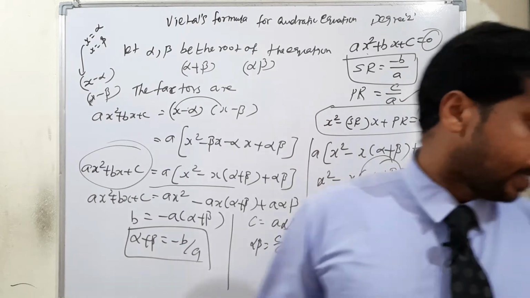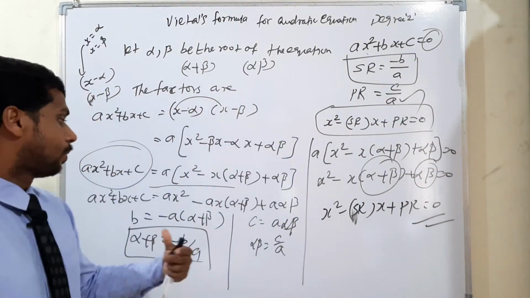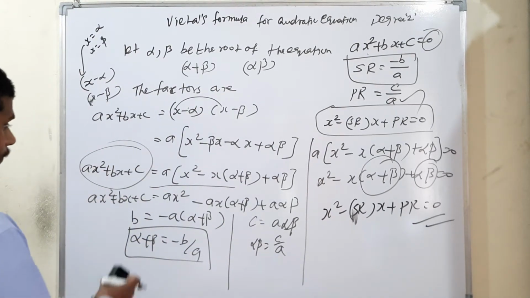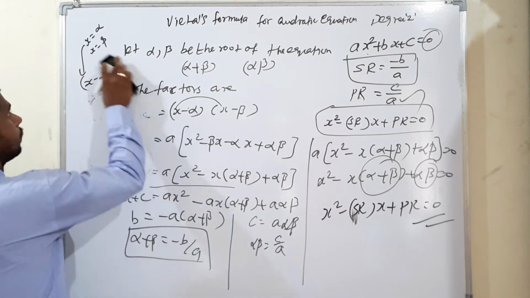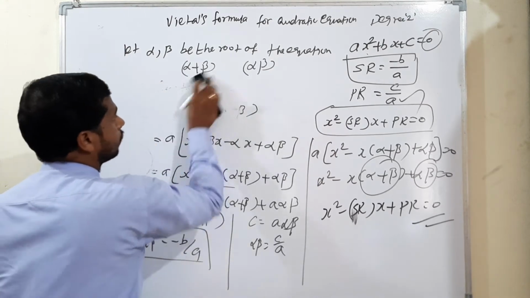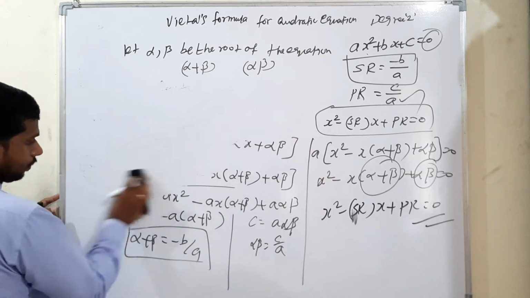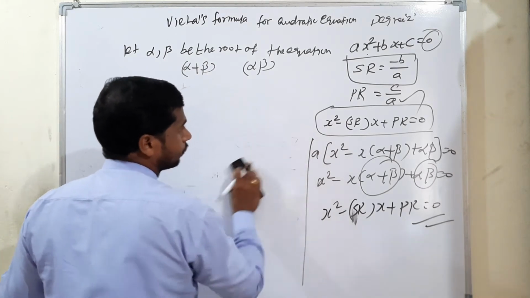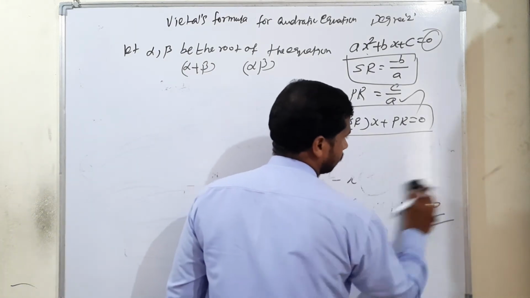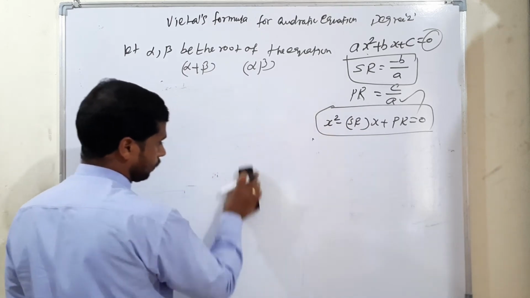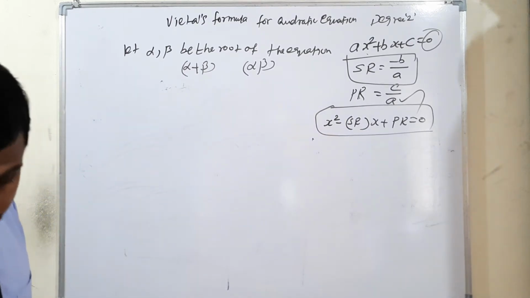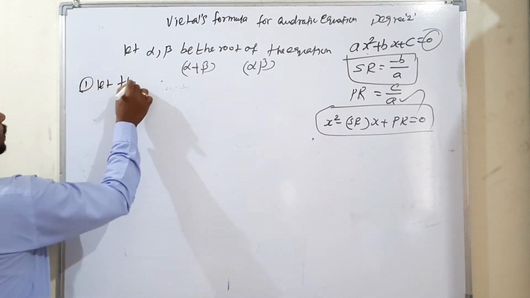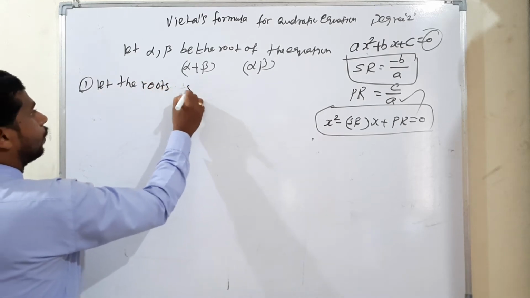This is our basic condition for degree of two. Okay. So I am moving to some examples with this degree of two. Okay, listen one by one. The first example, let the roots be 5 and 8.